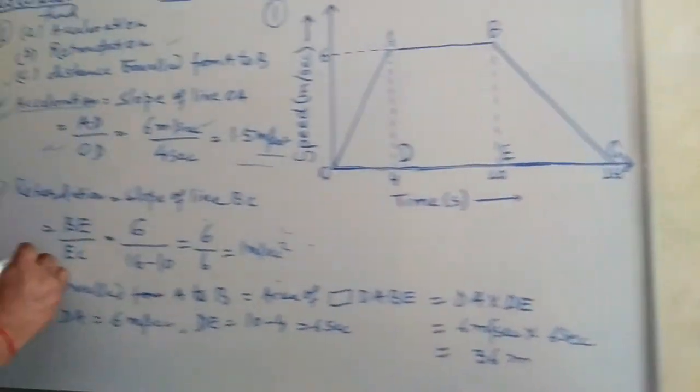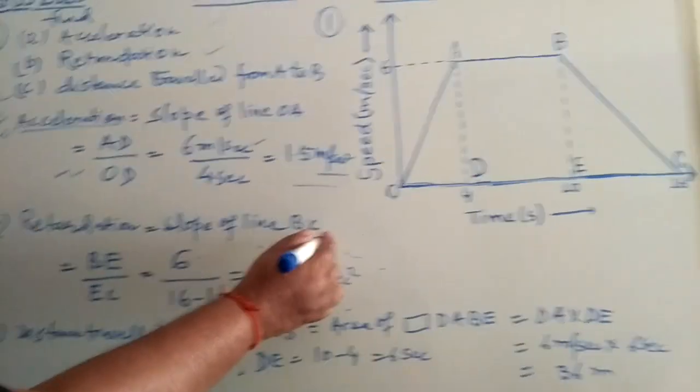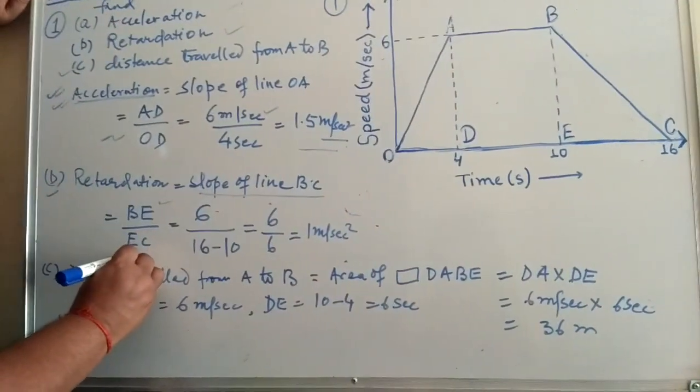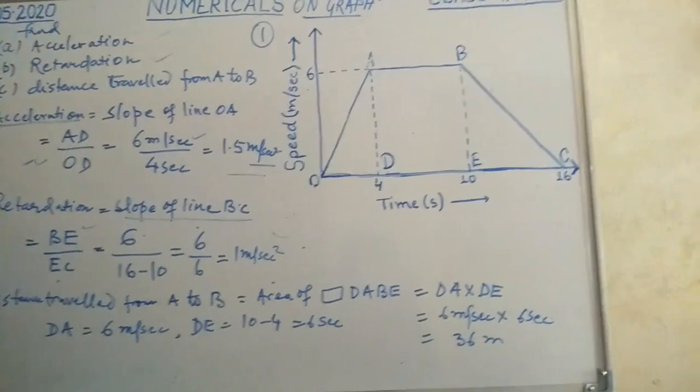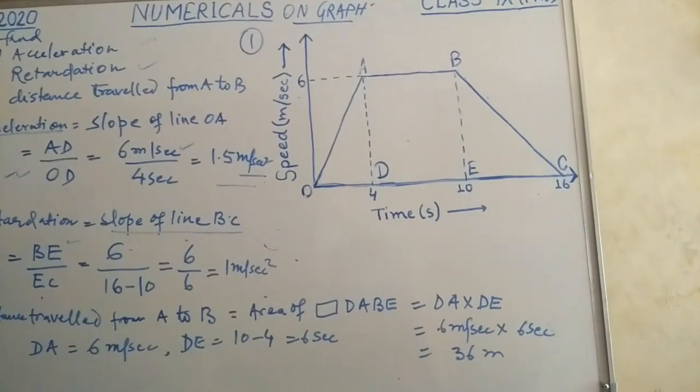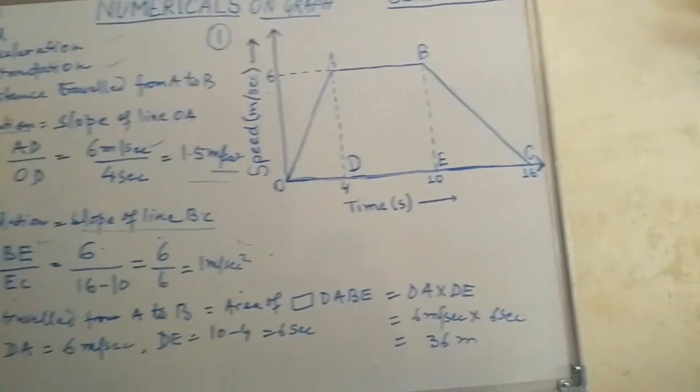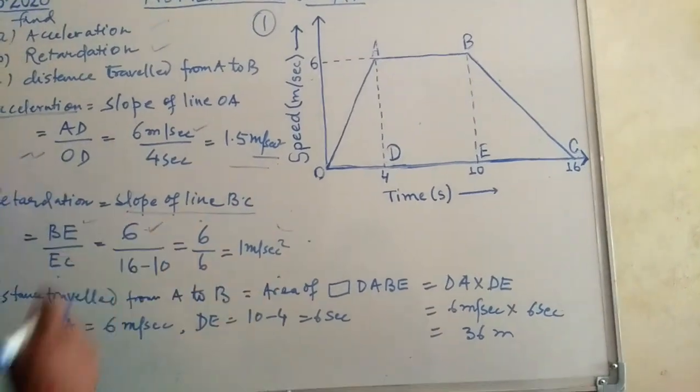So the slope of line BC is equal to BE by EC. And when you take out the data from the graph,